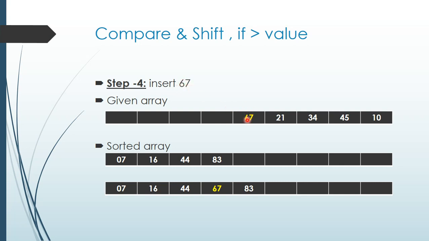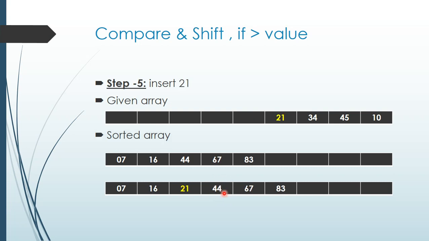So 67 I have to place over here. Already 4 elements are in the sorted list. So I have to compare where 67 has to come. இதில நான் எங்க insert பண்ணனும் நான் check பண்ணனும். 83 check பண்ணனும். 44 check பண்ணனும். Before element நான் check பண்ணனும். It is greater than, so I have to shift this. And before elements என்னன்னு பாத்தீங்கன்னா 44, it is lesser than 67. So I have to place 67 in between these two numbers in the sorted array. So 67 நான் இங்க correct positionல place பண்ணிட்டேன்.